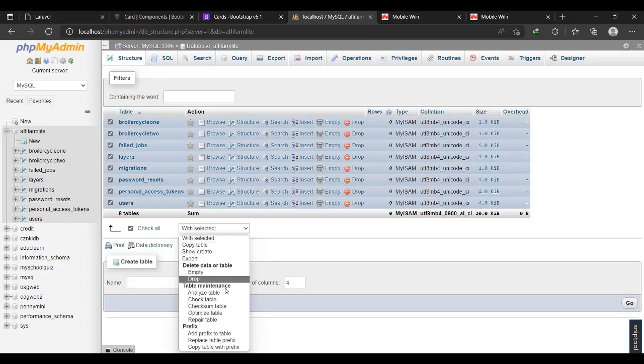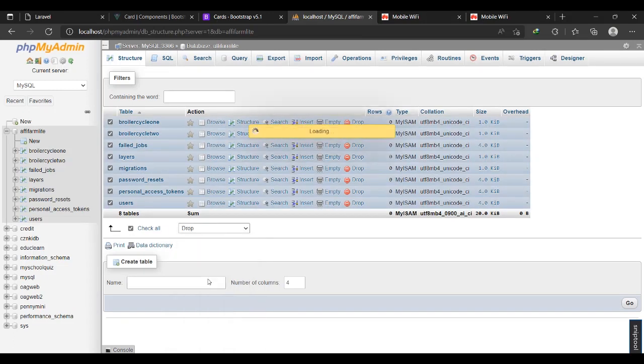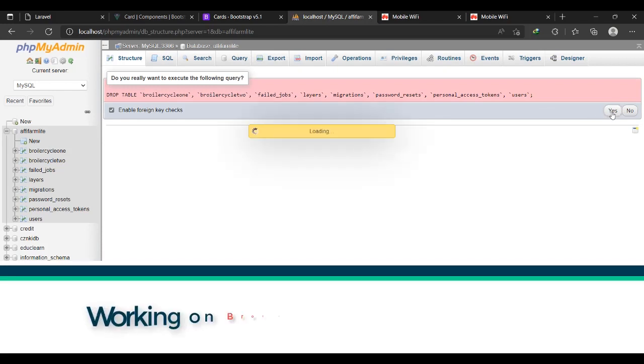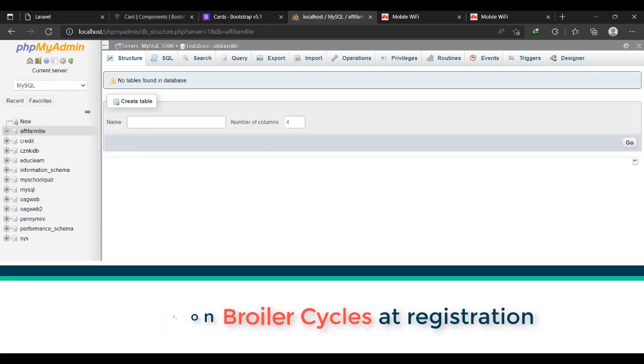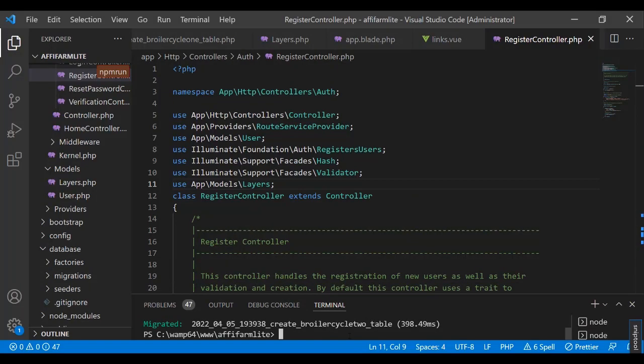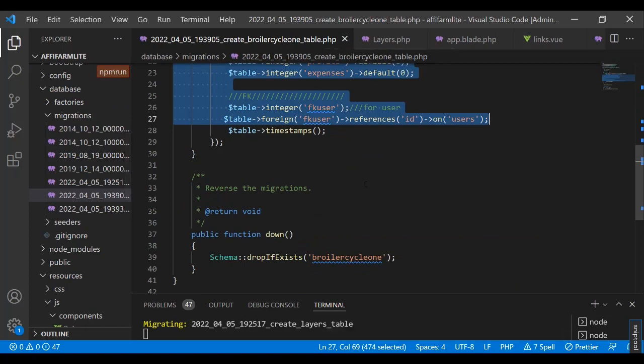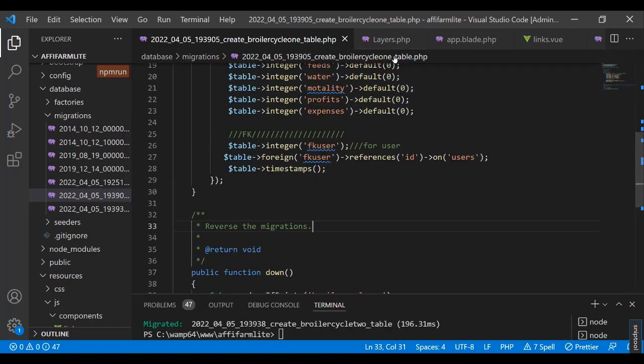Okay, so I'm going to drop them. I'll just do that to be clean at the first time rather than having spaces in my database. So I'll run a PHP artisan migrate again. Then we do that. Which means we're going to create a model that is going to take in the